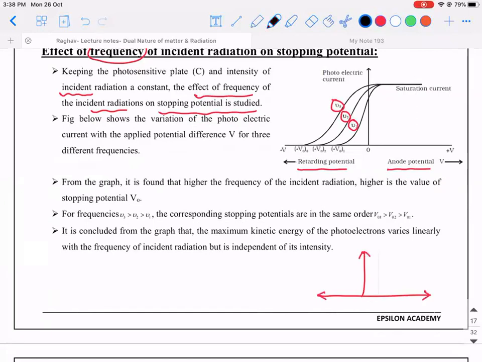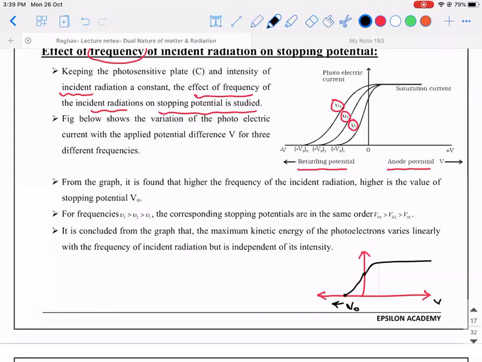Say I'm drawing a separate graph, observe. When you apply positive potential, since the intensity of light is non-zero, the photoelectric current will also be non-zero. So it will again start something similar to what happened in the previous case. Then it will go high. Then a saturation value is attained. Similarly, when you apply the retarding potential, the photoelectric current will decrease